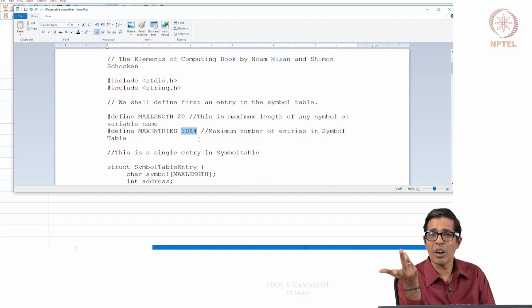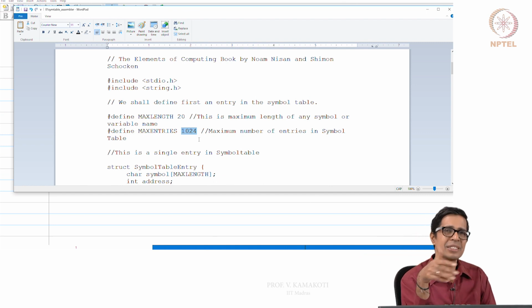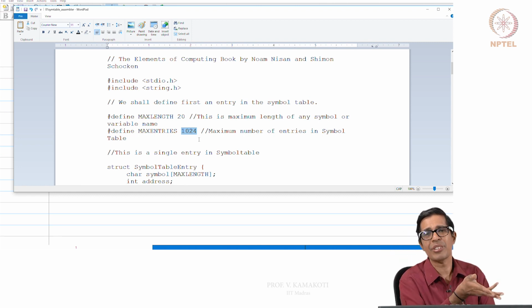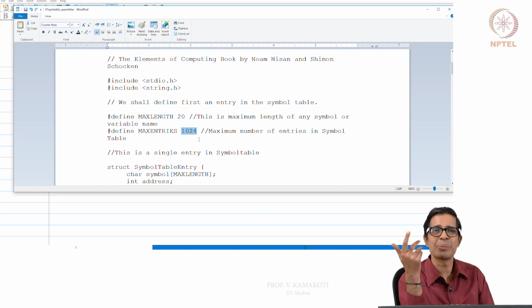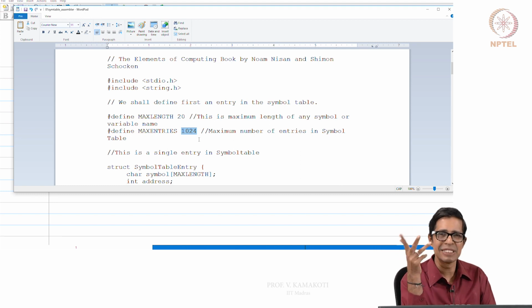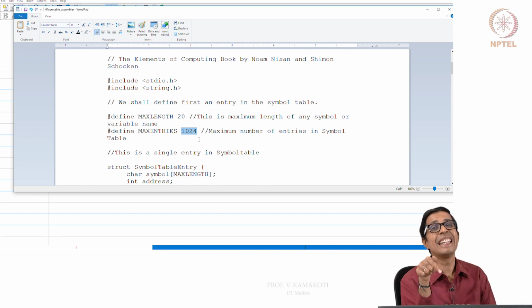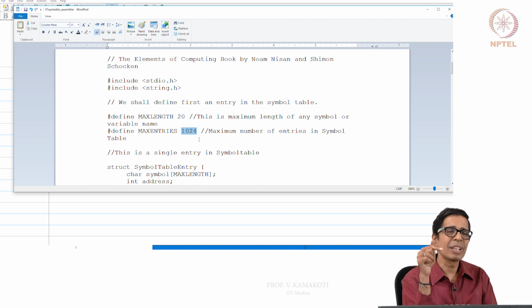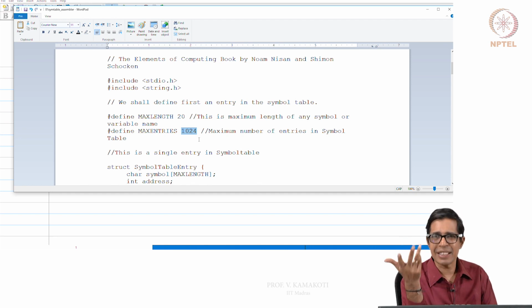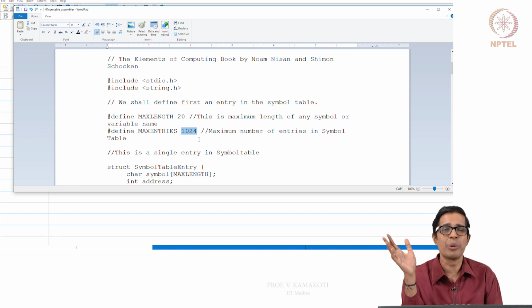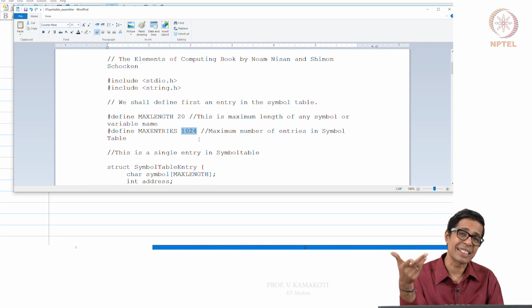Suppose I put a wrong mnemonic. Suppose I say r equal to f plus t, right? This is not there in your Hack language. You have done a lot of assembly programs now, right? You don't have a statement like r equal to f plus t. There's no register called r or f or t. Now the assembler should say it's an illegal mnemonic, right? And it should also tell you where that thing is, right? So what is illegal? It cannot just say illegal mnemonic and keep quiet. It should say where that illegal mnemonic is, so that you can go and correct it, right?